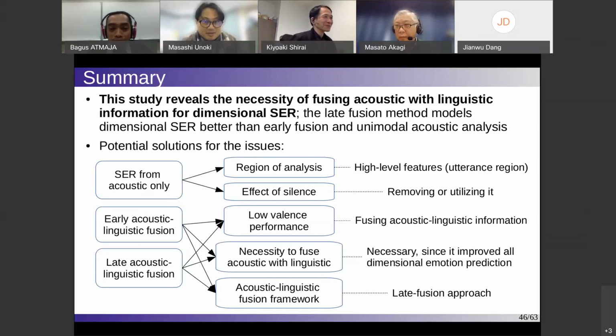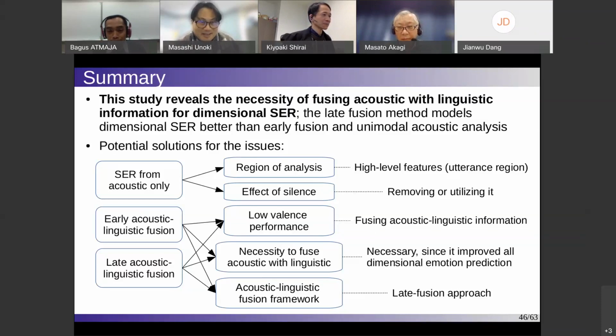Is this true? My comment is that the CCC is still not so high. That's just from the comparative evaluations. So your result is not the best yet, but still you want to conclude your study revealed the necessity.